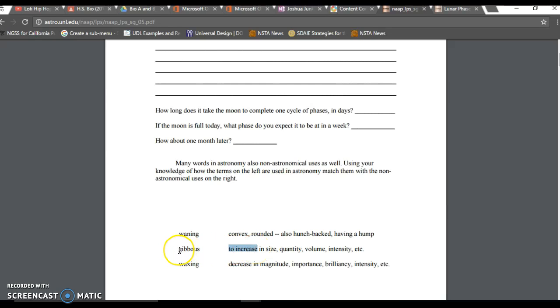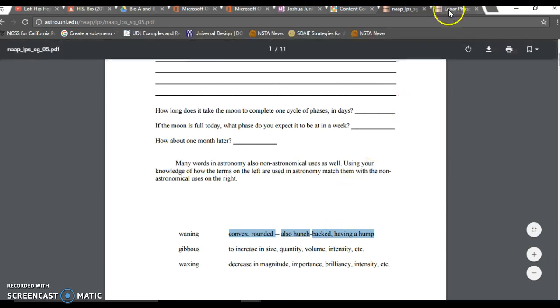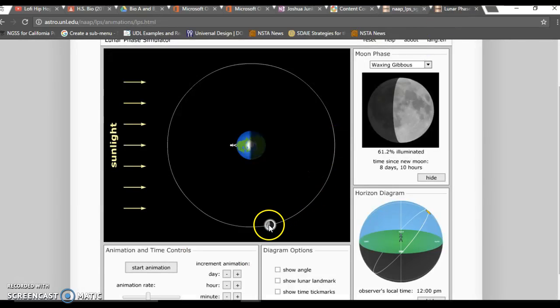And then gibbous is a word that means convex or rounded, also hunchbacked, having a hump. So what does that mean? Why would gibbous be called having a hump? So let's find it in the lunar phase. So remember, right here, waxing gibbous. So it has this sliver, right. So a waxing gibbous is almost